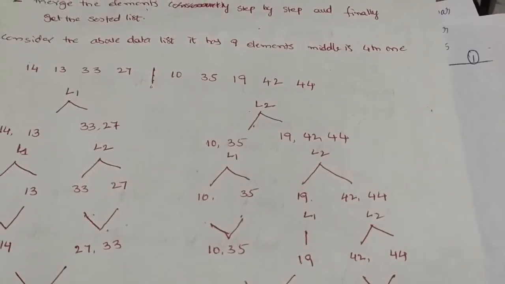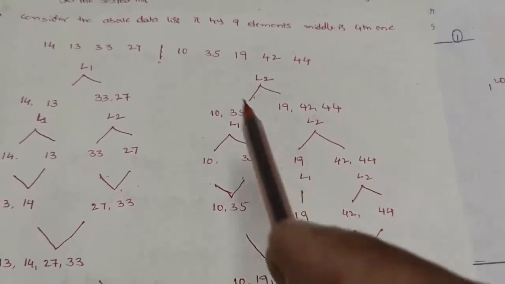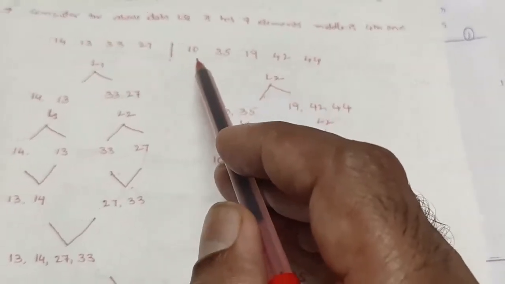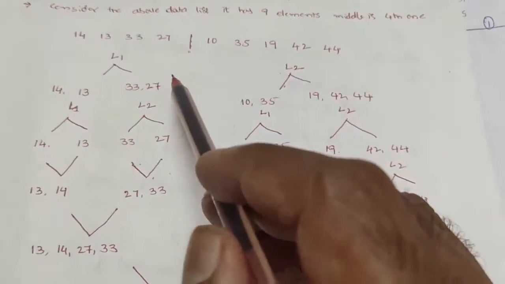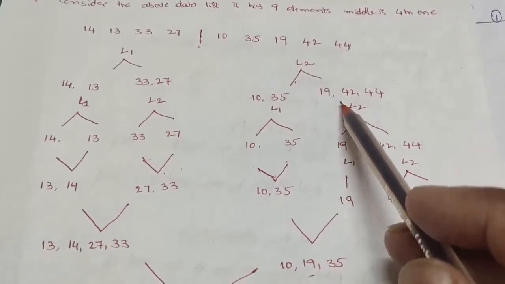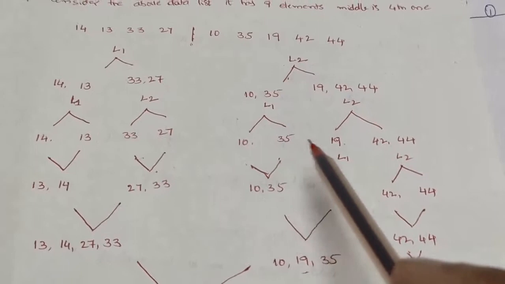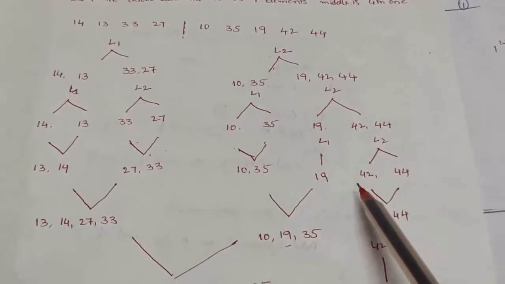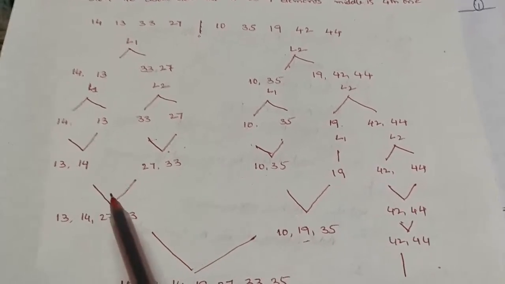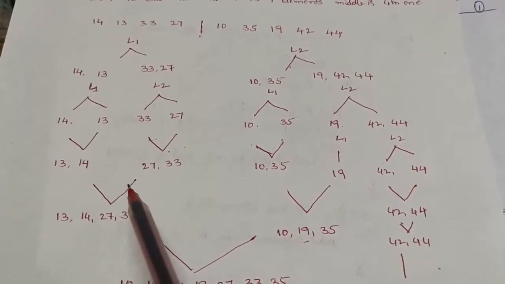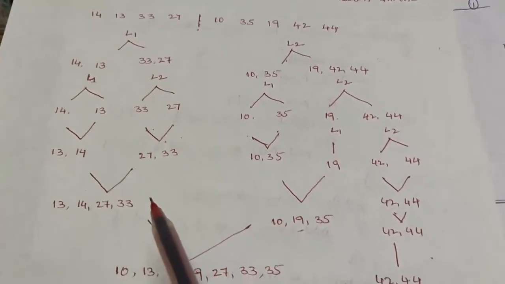This is divided into sublists, one element by one element. Here at the top, it is divided into only 2 sublists, and then these sublists are divided into 4, and each and every element is divided, that is 8 sublists, and finally there are 9 sublists because 9 elements are there. And again, after dividing into lists consisting of one element each, I try to merge.